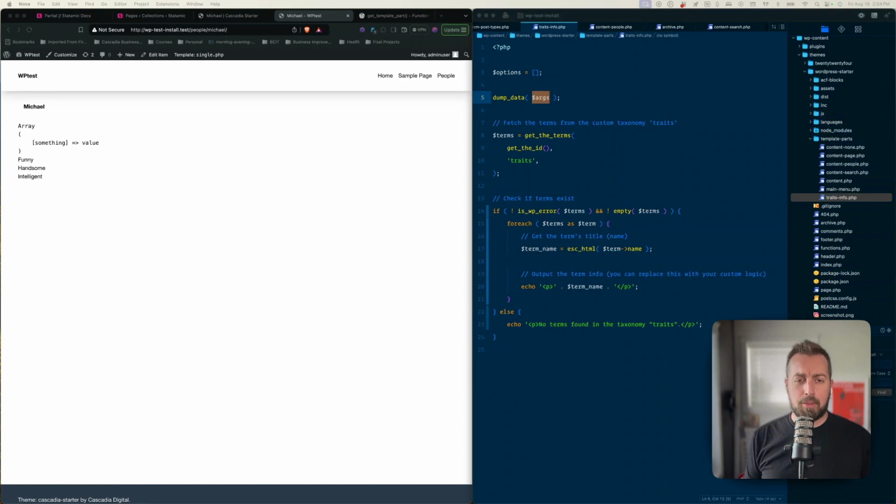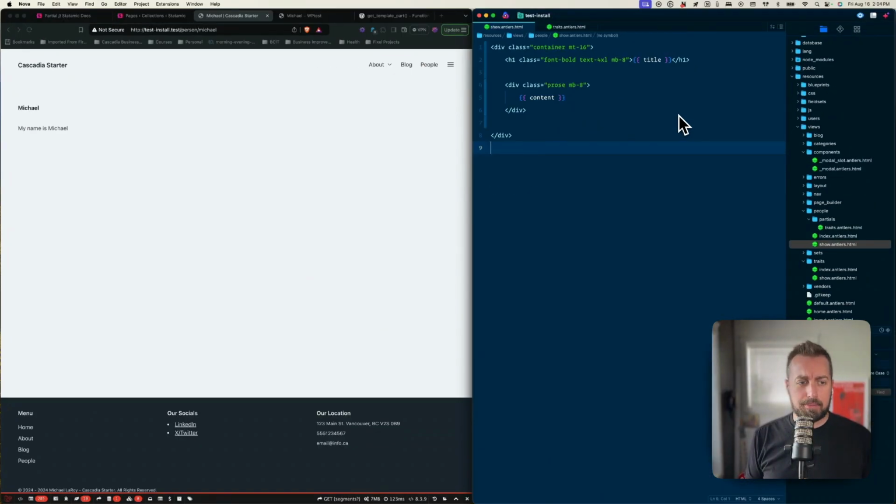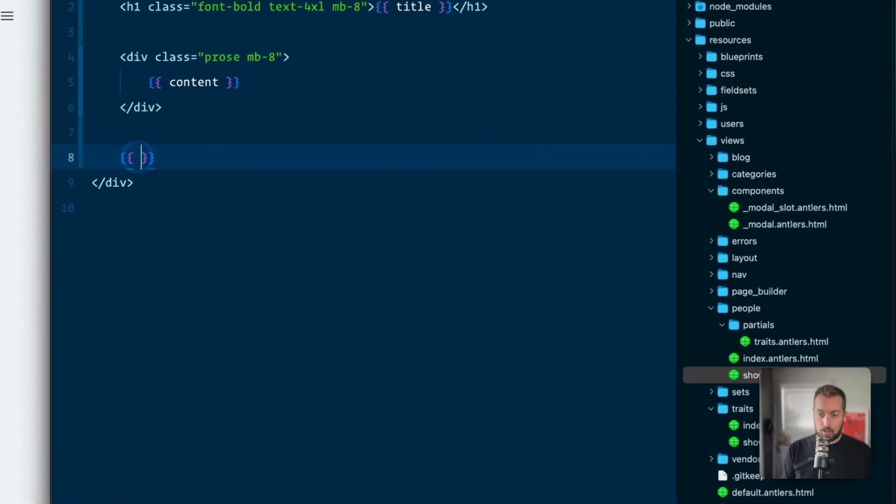So I'm going to switch over, and we're going to do the same thing. I'm just going to change to my Statamic site, and then my code, go over to that editor. So here in my people show template, I'm going to bring in a partial to show the taxonomy terms. So I'm just going to go up here, and like in other things Antlers, rather than a function, we're going to use tags. So it'll look like this. Say partial,